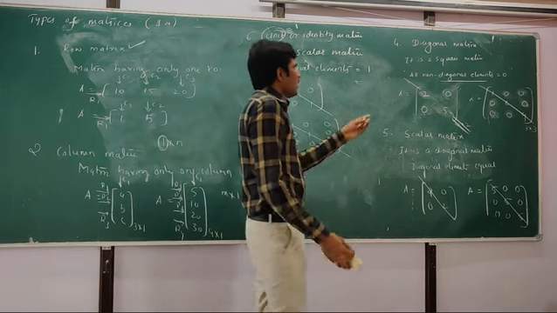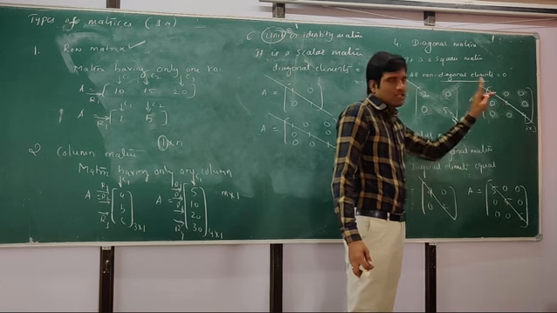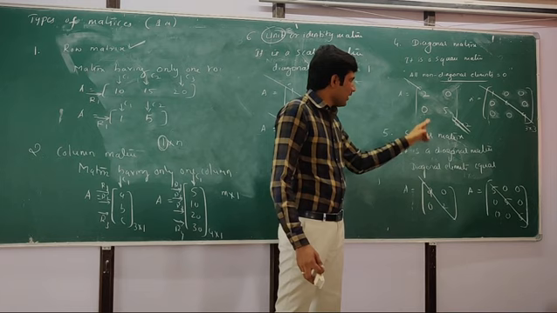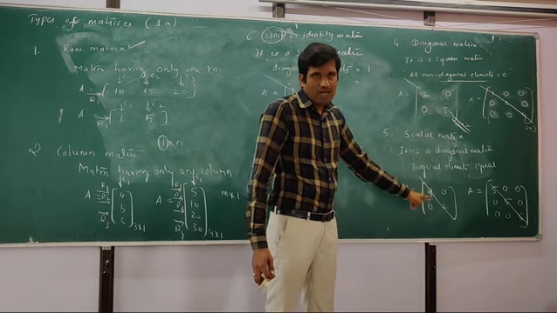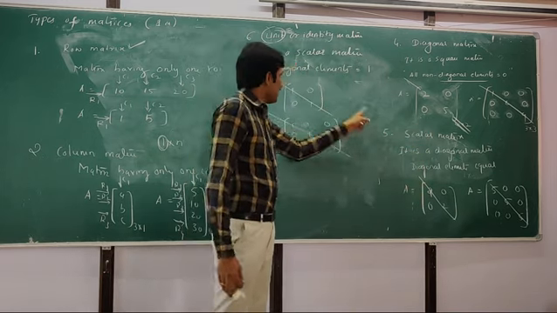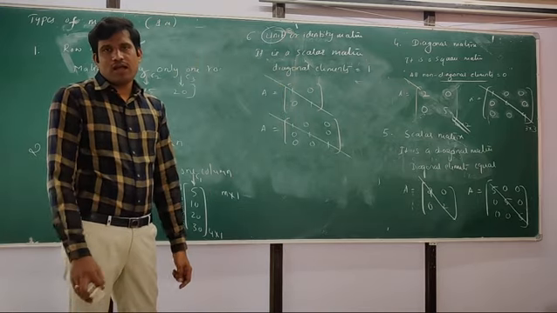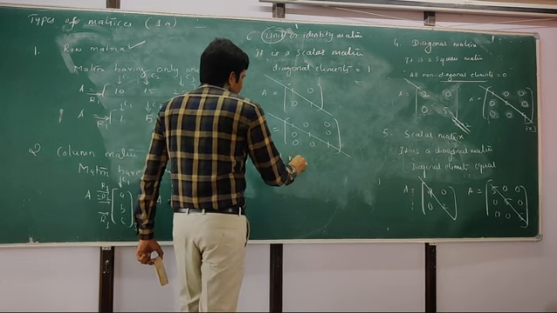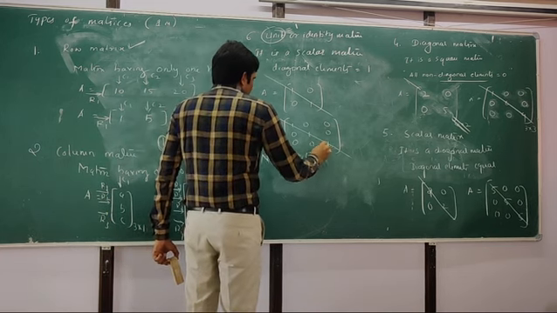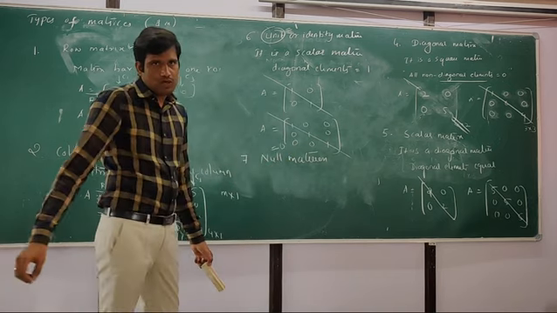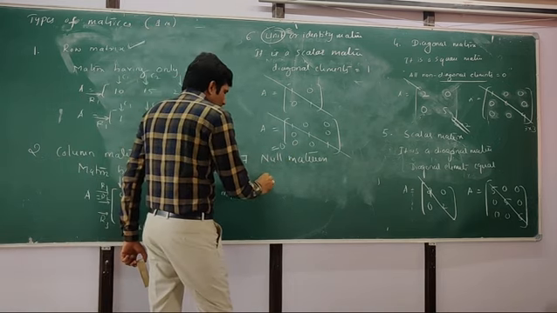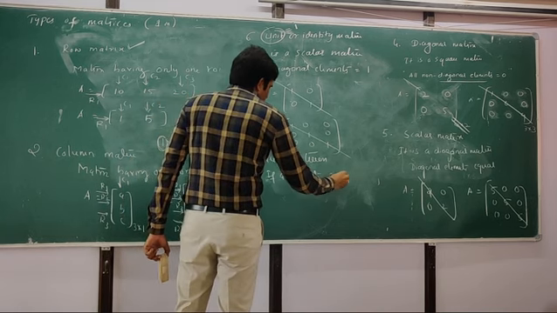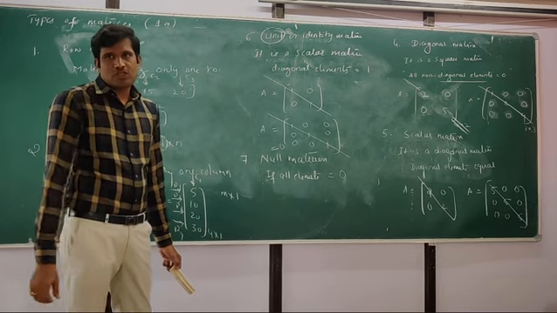Right? So students, in a diagonal matrix, other than the diagonal elements, all remaining elements are equal to 0. Again, if these diagonal elements are equal, that diagonal matrix will become a scalar matrix. If all diagonal elements are equal to 1, then the scalar matrix will become a unit matrix or identity matrix. And the last one is the null matrix. So null means what? Already we know that in set theory and many things, null means it is equal to 0. So if all elements in a given matrix are equal to 0, then that matrix is called a null matrix.